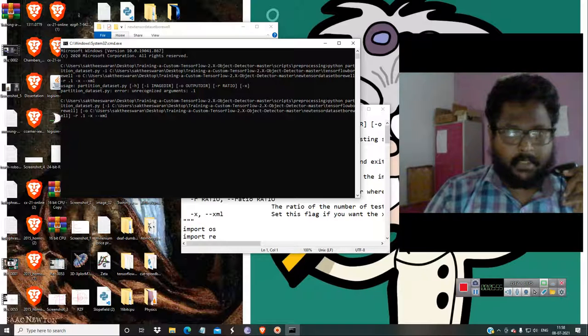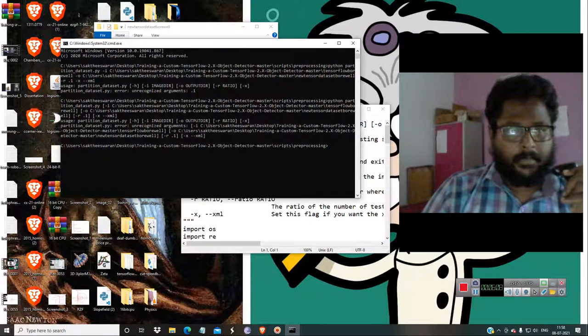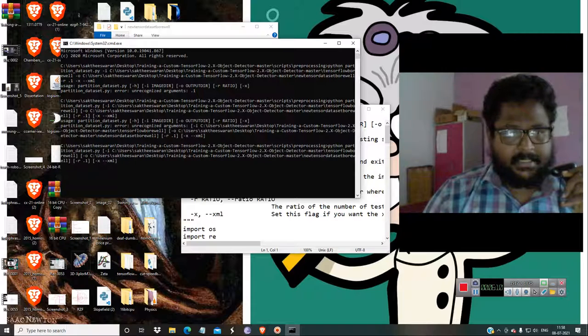And for minus R also, let's give it like this. And for minus X, let's give it like this. Okay. I think minus XML is wrong. So let's give it minus X.